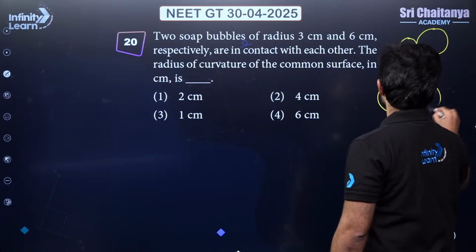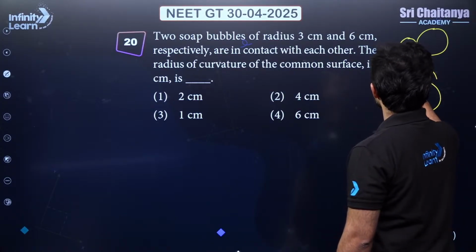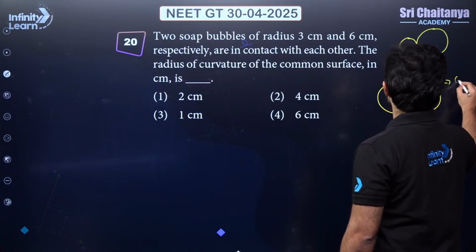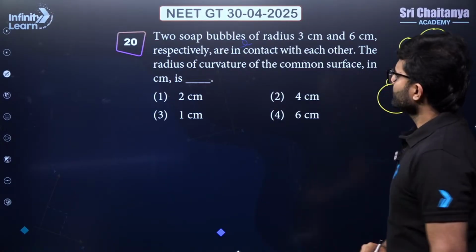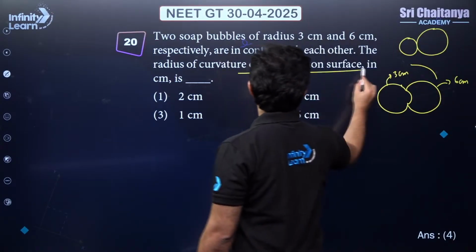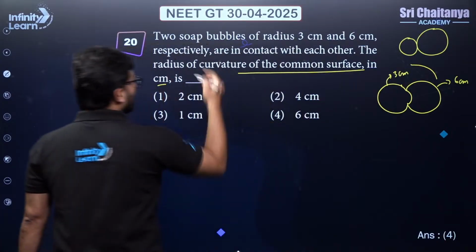It will be something like this kind of surface. This is 3 centimeter. This is 6 centimeter. Right? So again, the radius of the surface of the common surfaces. So very simple. Can you write it for the